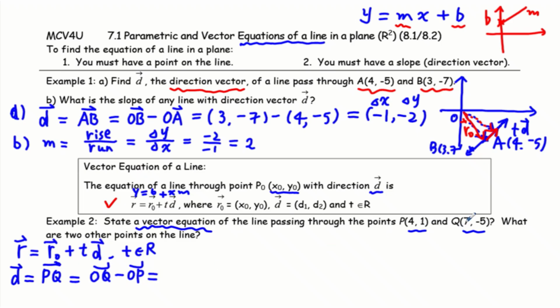Then we sub in this one. Q minus P gives us 3, and Q minus P is negative 6. If you have negative 3, positive 6, it's correct. Then we are going to write the